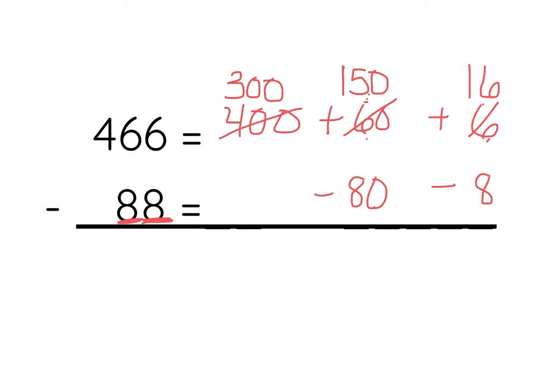I can now subtract in any order. So 300 minus 0 equals 300. 150 minus 80 equals 70. 16 minus 8 equals 8 for